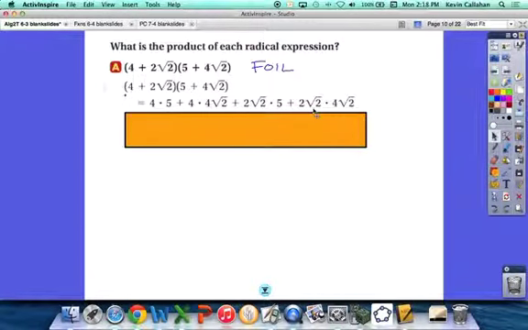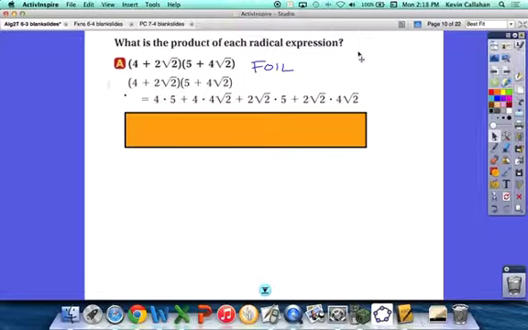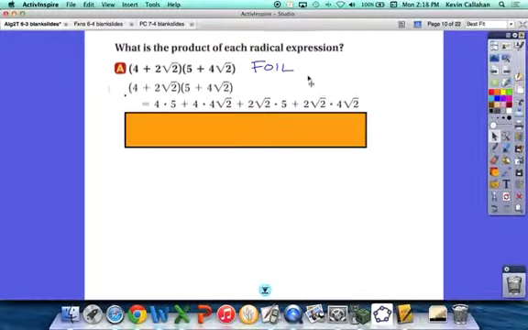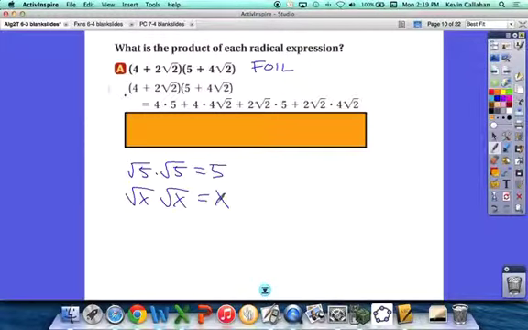And what's the square root of 2 times the square root of 2? 2, right? We did that even in what we were doing last night in the homework. Whenever you multiply a square root times a square root, it's like saying the square root of 5 squared, so it's just 5, right? However many times you want to do that. The square root of x times the square root of x is x. So in this case,